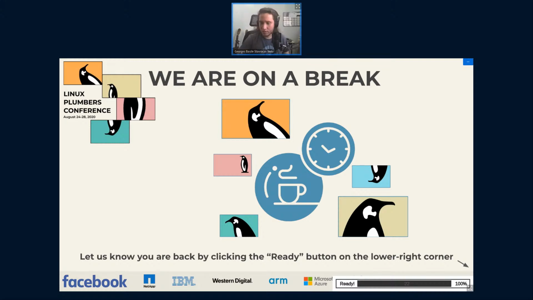Mutter uses EGL to render, and EGL supports context priorities, right? A compositor should have a high priority, because if it stalls, everything else stalls. So in general, a compositor should have a higher priority. We tried implementing this on the Mutter side.